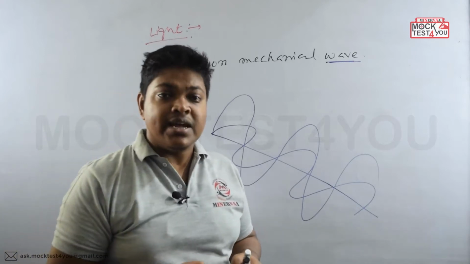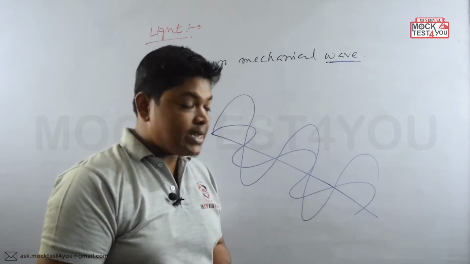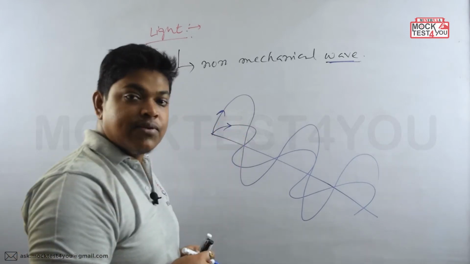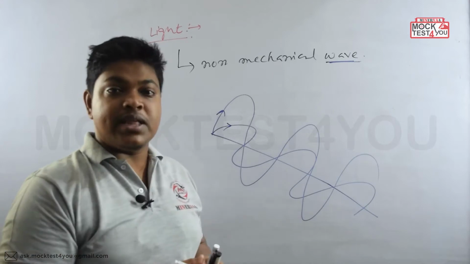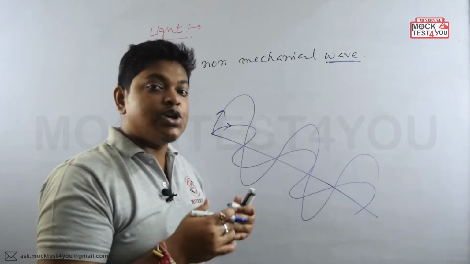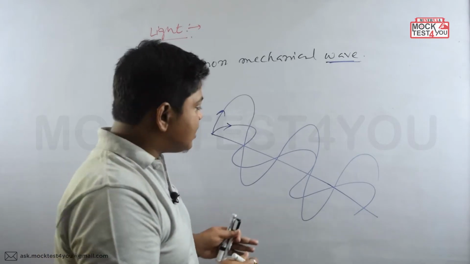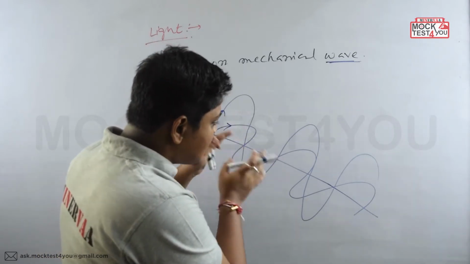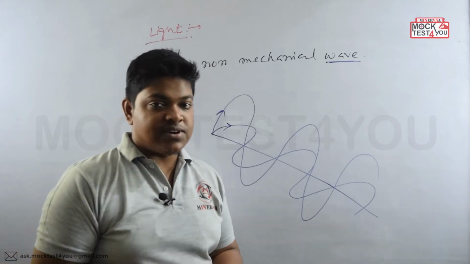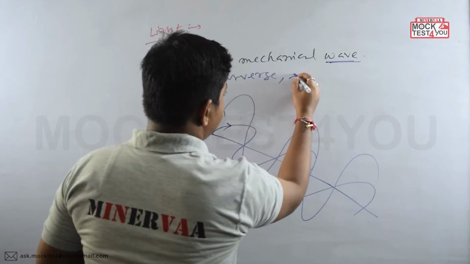So in that case, it can be seen that it is one kind of transverse wave because it moves perpendicular to its propagation, right? Suppose this is the magnetic wave and these are the electrical waves. These two waves are perpendicular to each other. In this diagram, I know it is not very clear. It should be a colorful diagram, but we can assume that the electrical waves and the magnetic waves are inclined to each other at an angle of 90 degrees. So the light wave propagates perpendicular to these two waves. That's why we can say it is one kind of transverse wave. So the second point is that it is a transverse electromagnetic wave,